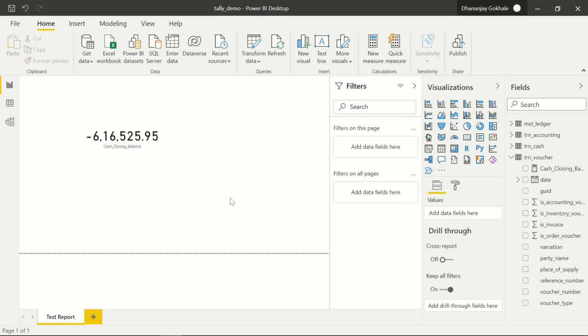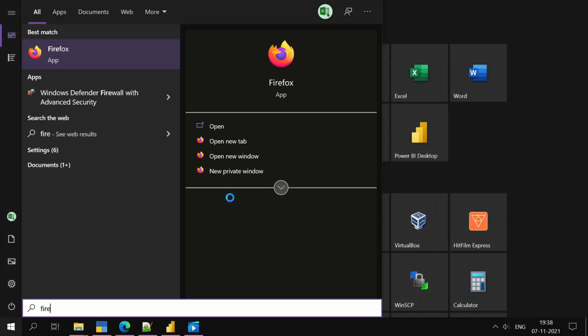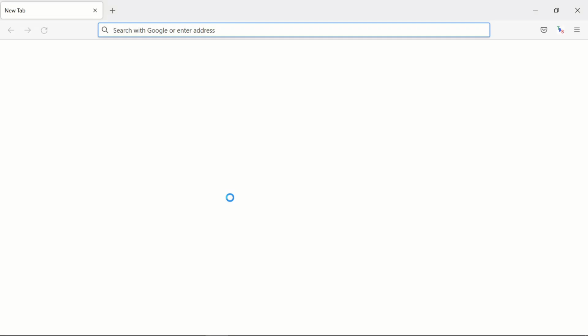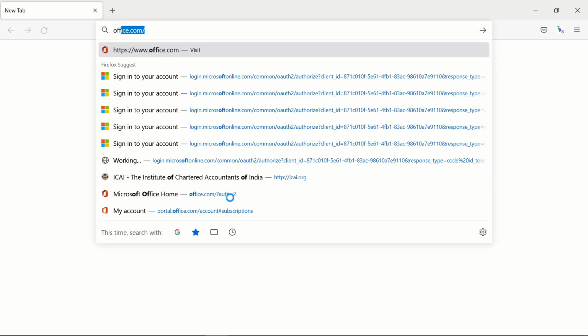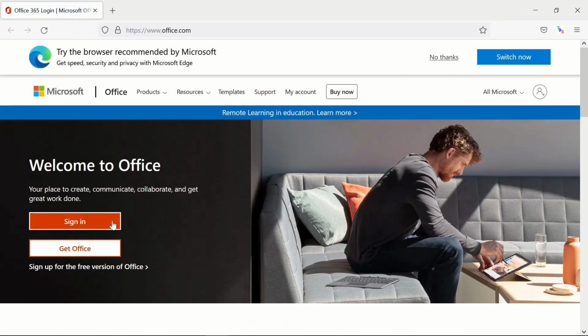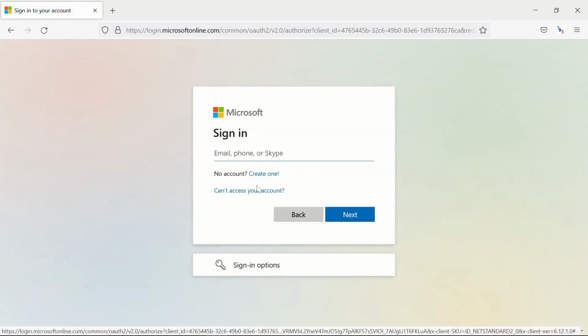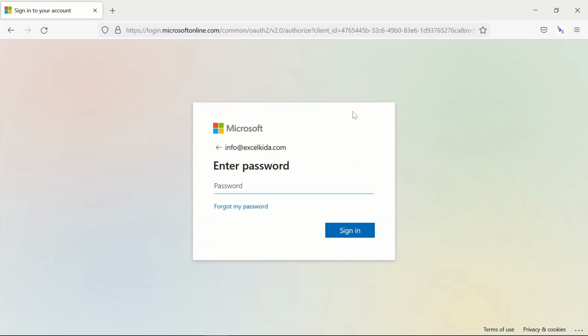Let me access this report. I will access it from another browser so that I don't have to log in and log out again. So I will sign into office.com and use that same business email ID where I have published or pushed this report to the cloud.